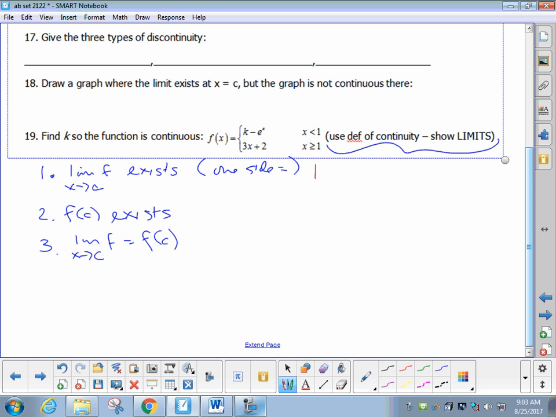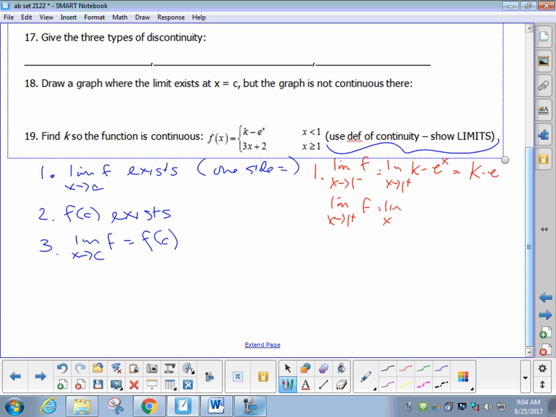So in order to show part 1 is happening, with a piecewise, I need to show the one-sided limits. If I approach 1 from below, then I am going to be using the k minus e to the x function. As x goes to 1, what does k minus e to the x go to? K stays k, e stays e, x goes to 1. So the left side limit is going to approach whatever k is minus e. The right side limit